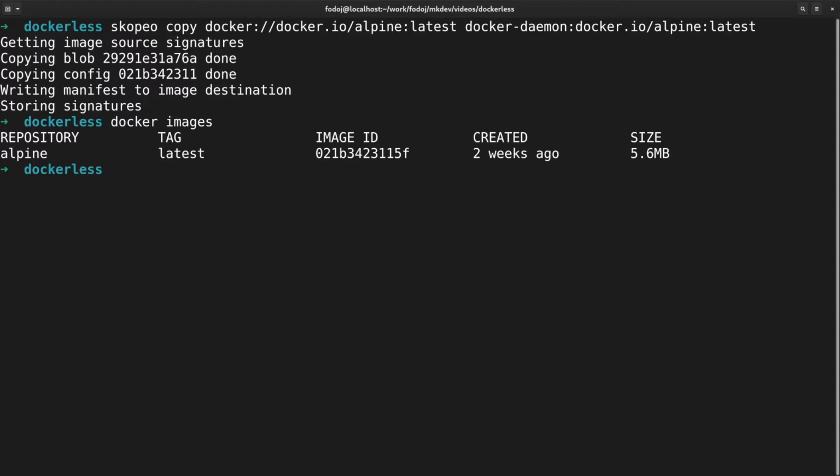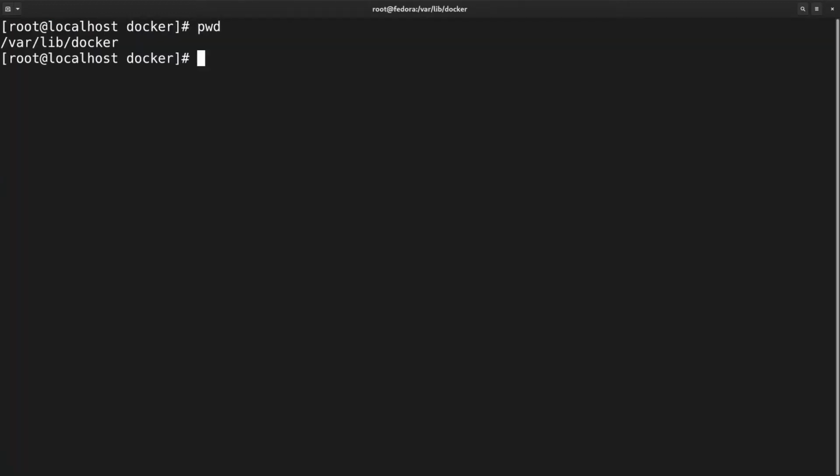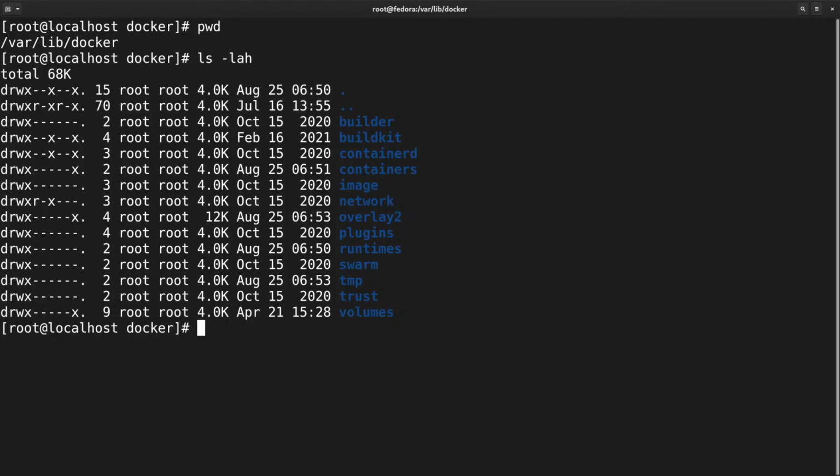Docker stores images in its own custom format that predates the OCI standards. When stored by the Docker daemon, images are located in /var/lib/docker and their content is split across multiple directories. The content of the image is stored inside the /var/lib/docker/overlay2 directory, unless you're not using overlay2. And the different metadata can be found in the /var/lib/docker/image directory.